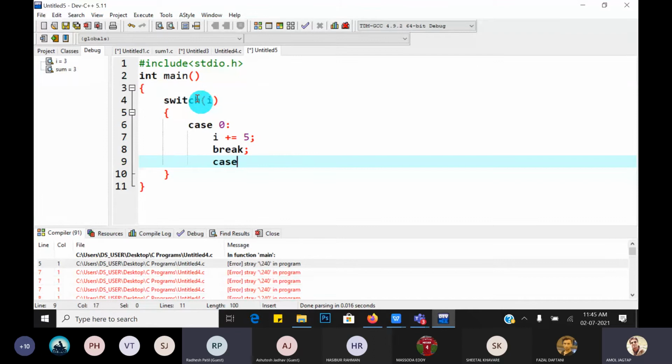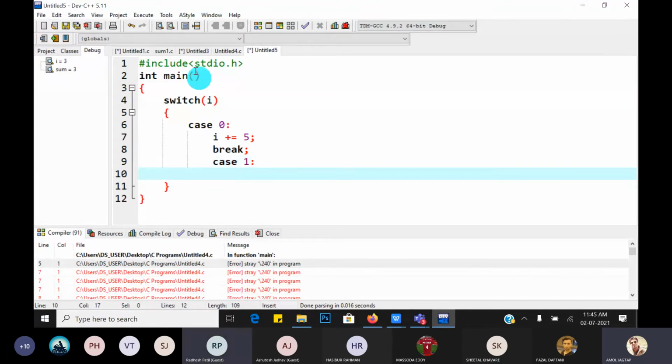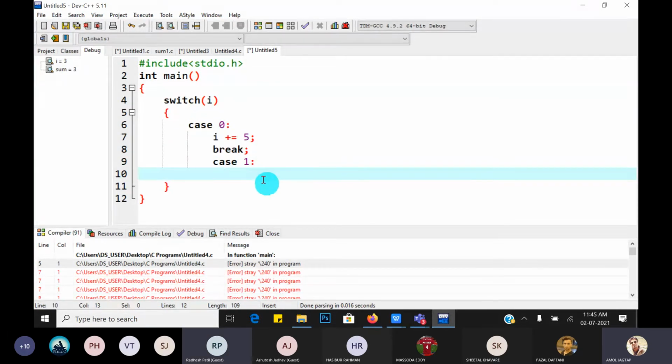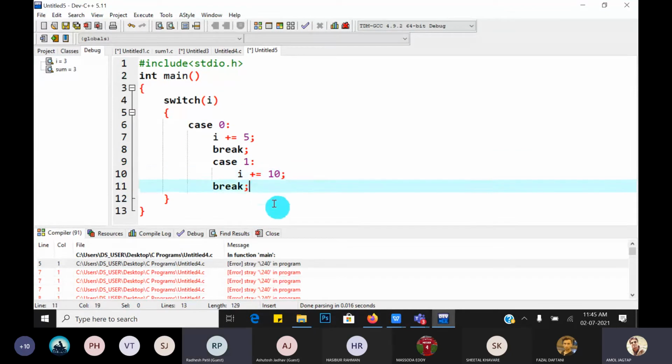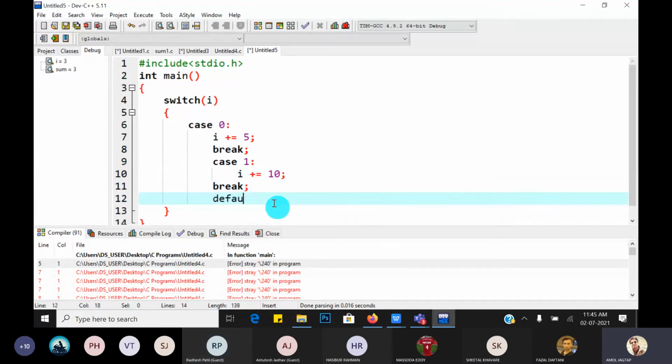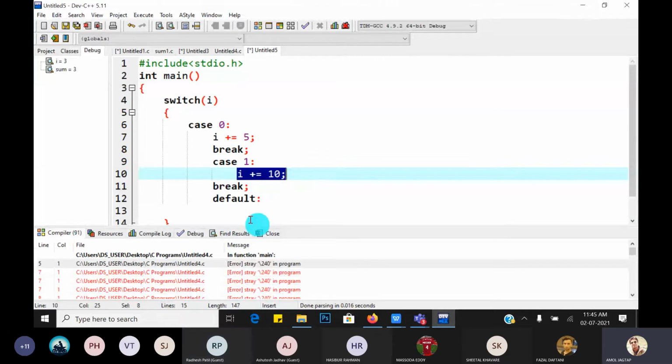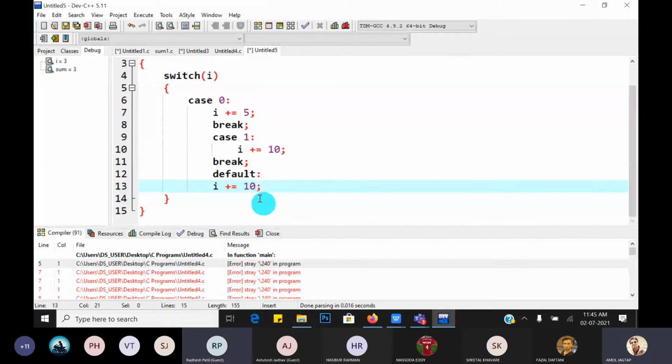Then case 1 contains the same statements, but the value is different, suppose 10. Last statement, that is default, contains also an increment of I by 20. Okay, so this is the switch case.